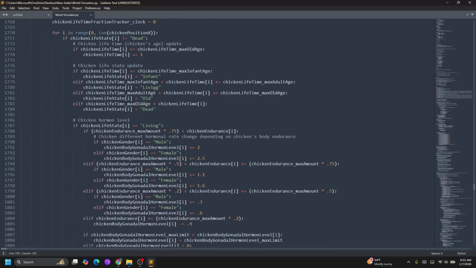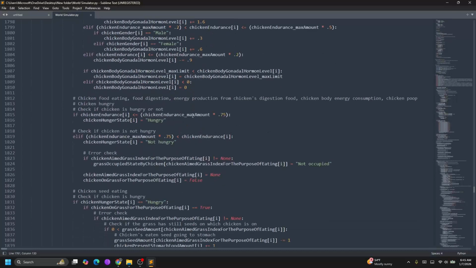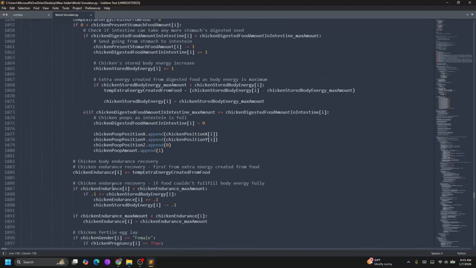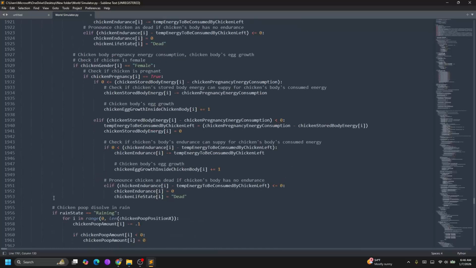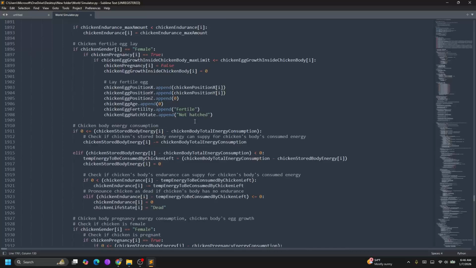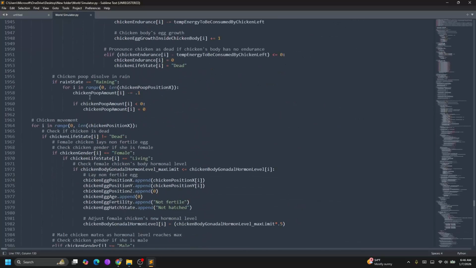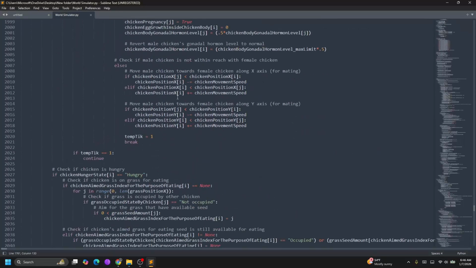lifetime check, lifestyle, like as I said, infant, living, old, dead. The chicken hormonal level, male and female, okay, have different kinds of hormonal levels. Chicken seed eating, if the chicken is hungry or not. Chicken gender, training, yeah, right. Chicken pregnancy level, chicken fertility, chicken body energy consumptions, the chicken movement, male chickens, mates at terminal level reaches max,